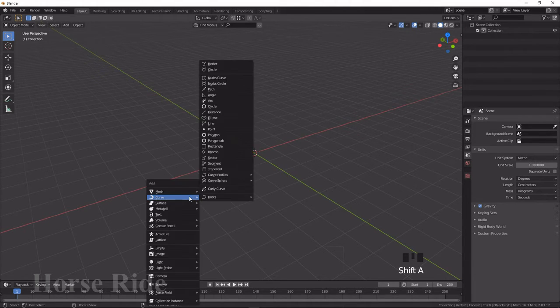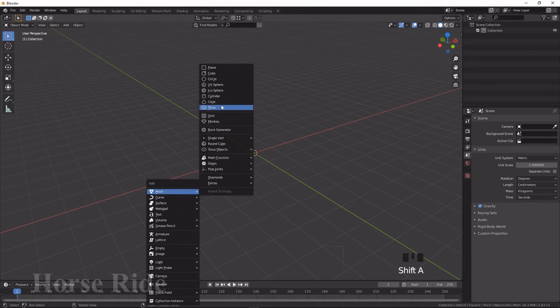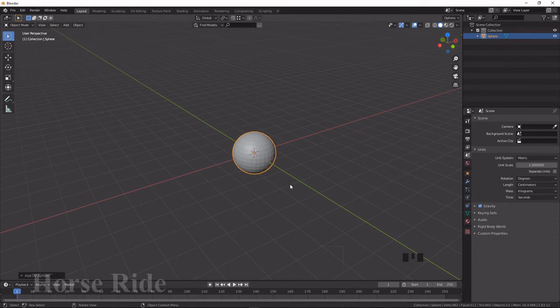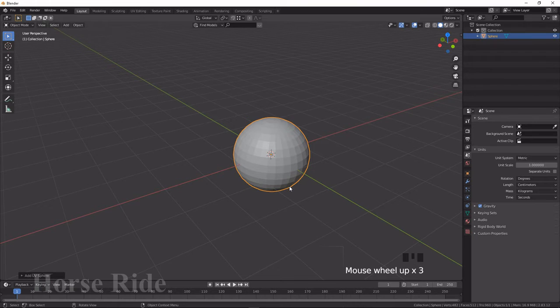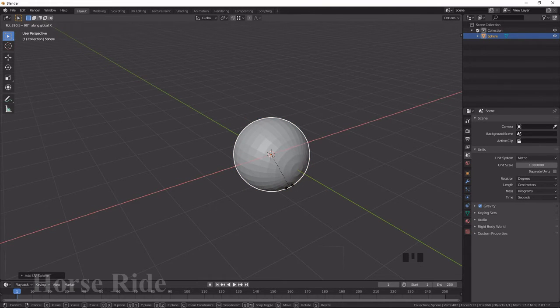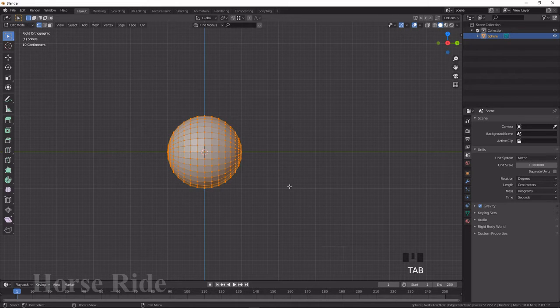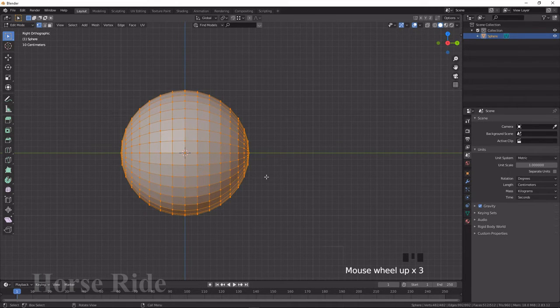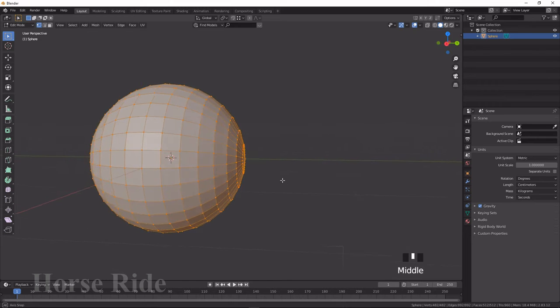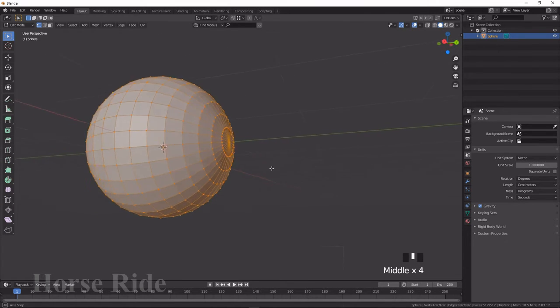Press Shift A and create a UV sphere, and rotate it with R X, type 90 on the keyboard for 90 degrees and press Enter to confirm. Press 3 on the keyboard to go to the right side view, press Tab, and let me view how that shield will be looking.